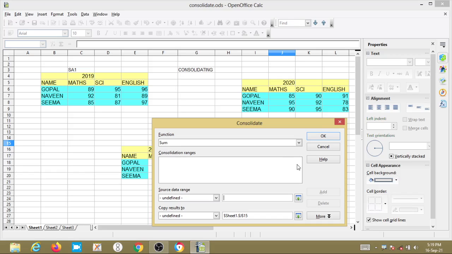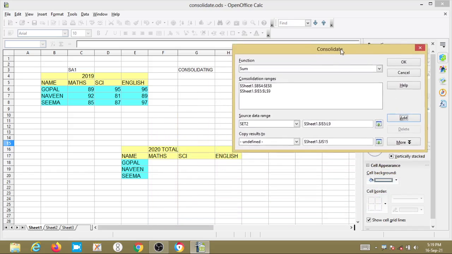Next I have to write the consolidation range. Click here, set1, add. It comes into the consolidation range. Again set2, add.